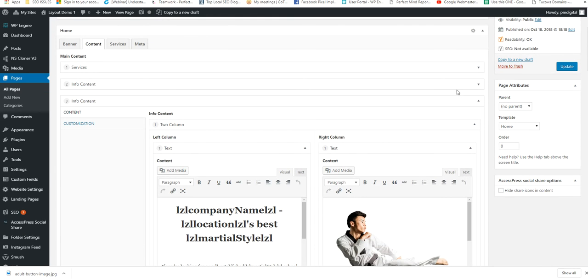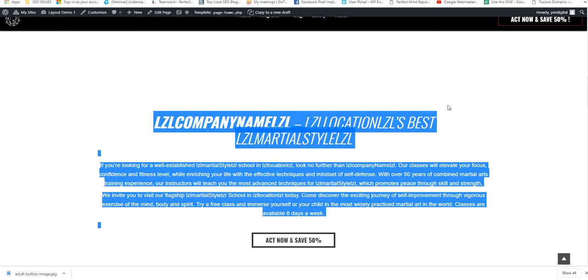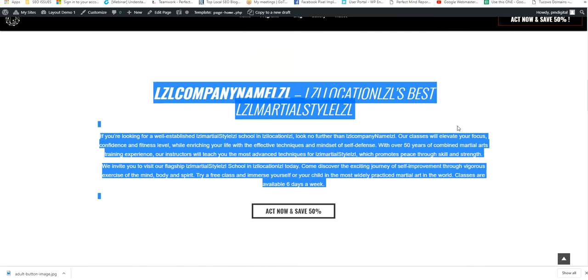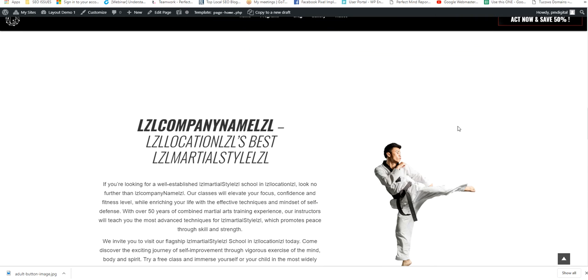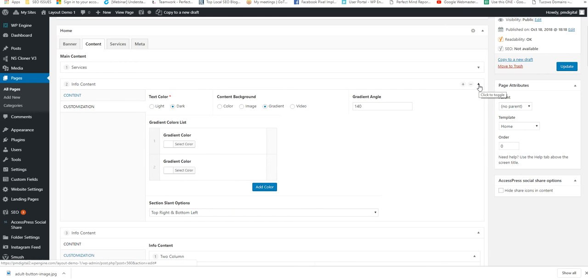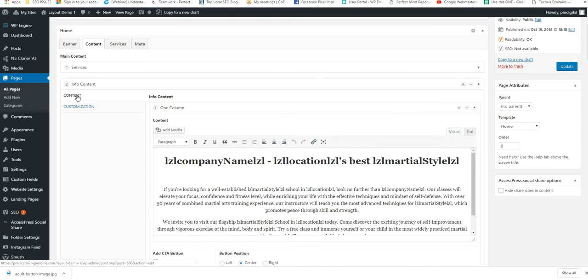Now this is the third section, which is correct, because if you look, after the program buttons, that's this section. And then here is the third section, which is that one. So if we go back into here, you'll see that's the right section. This second section here, info content 2, if we toggle this open, it will bring the content for us. Now if I click on the content tab and we go to the visual editor,